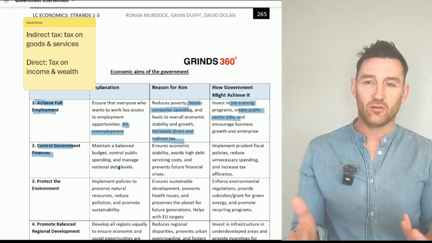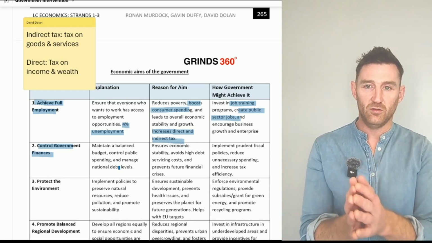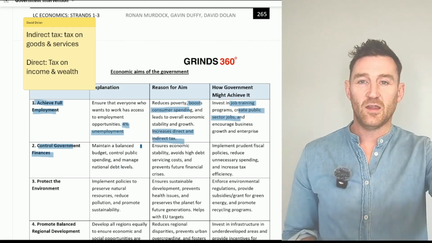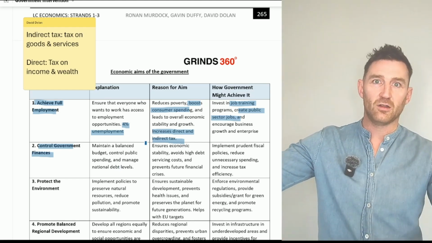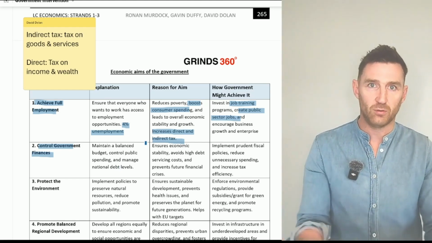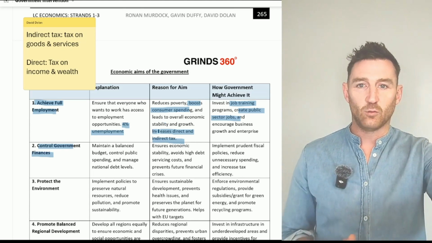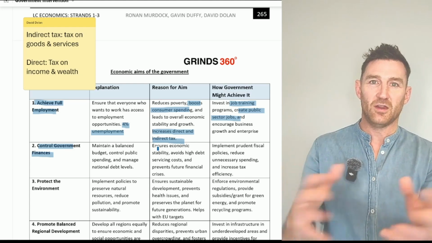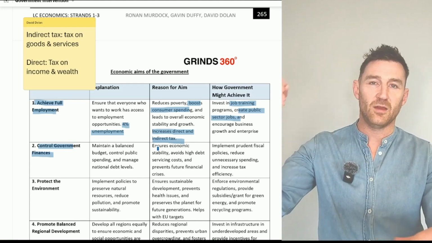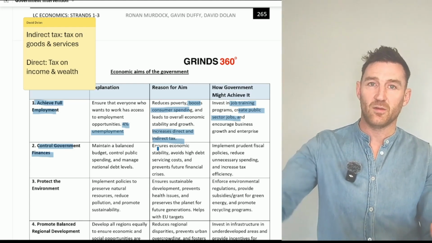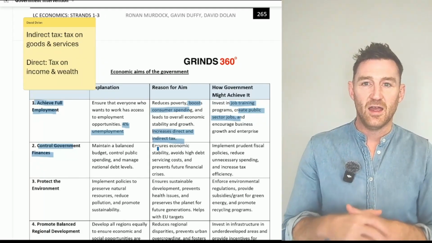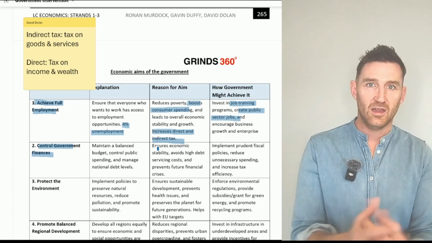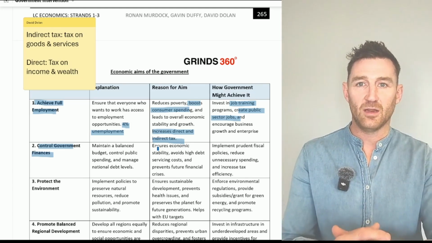But it is very much one of the economic aims of the government to control their budget and to control their finances. One of the things we said from strand one of our learnings from economic history was that government should adopt prudent fiscal policies. The reason for that aim, well, if the government borrows loads of money, it has to be future generations that have to pay that off. It means that there might be high debt servicing costs. They might borrow the money at high interest rates. And it might mean that we've got less money to invest in infrastructure and actually developing the economy. So there are some of the reasons.